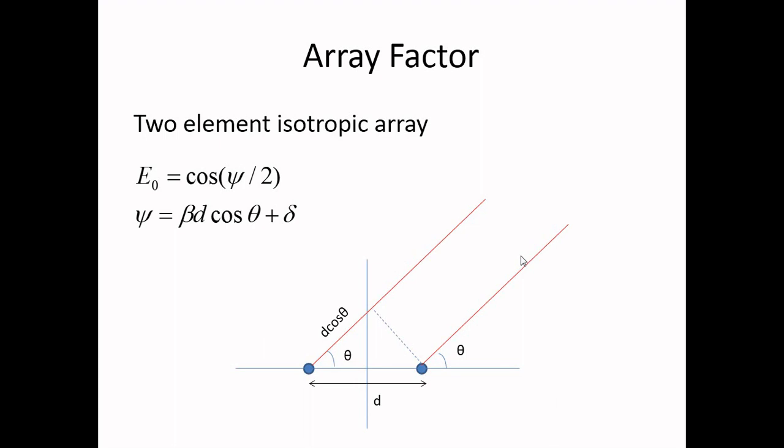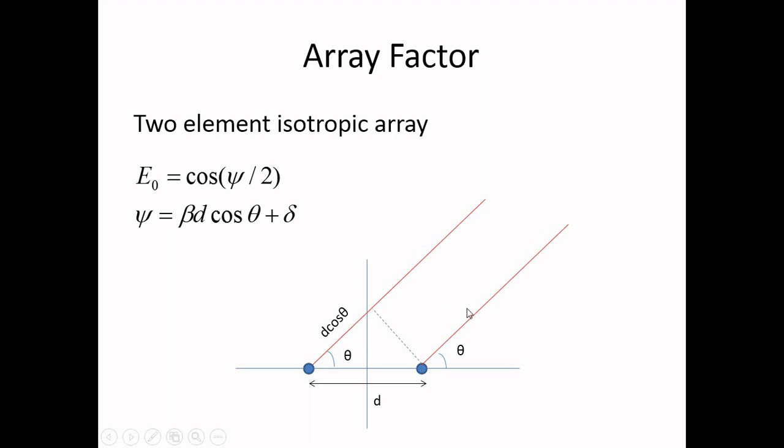We can see that one of the lines is longer and the other line is shorter, if they are trying to reach the same point. Why? Because we picked the point in such a way. So if we want to find out how much more distance this line is covering than this line, we'll have to drop a perpendicular from this point to this longer line. We'll get a triangle. Let's say this triangle has this acute angle theta and this hypotenuse is of size d. So according to Pythagoras theorem, we'll have d cos theta as the path difference between these two rays.